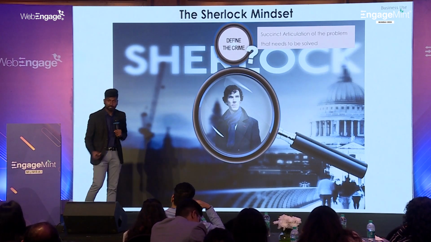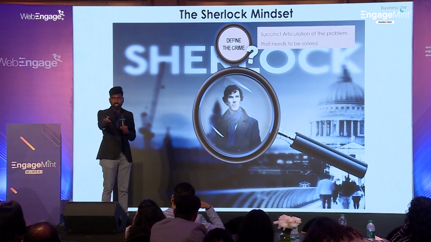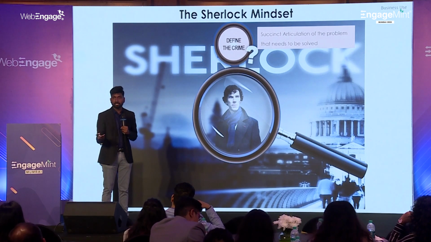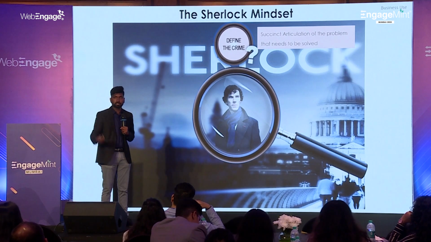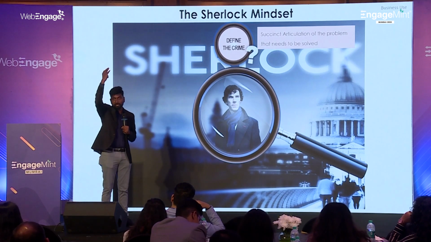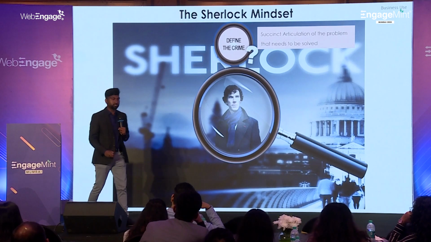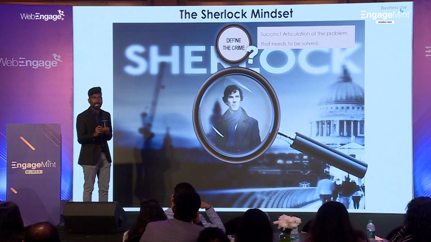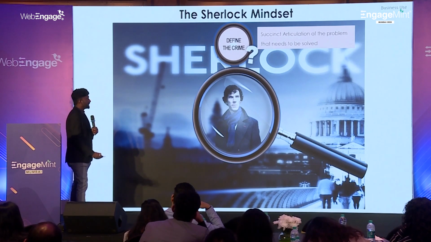Say if I ask you to go and build a bridge. What would you do? You can go off and build a bridge, or you can pause for a moment, come back and ask me, why do you need a bridge? Then I'll tell you, I need a bridge to go across the river. Then a myriad of solutions open up. To go across the river, you can get a ferry, or a hot air balloon, or you can ask me to swim across, or dig a tunnel. So there are multiple solutions that appear once you get clarity on the purpose or objective of what you are doing and why. Once you define that crime,